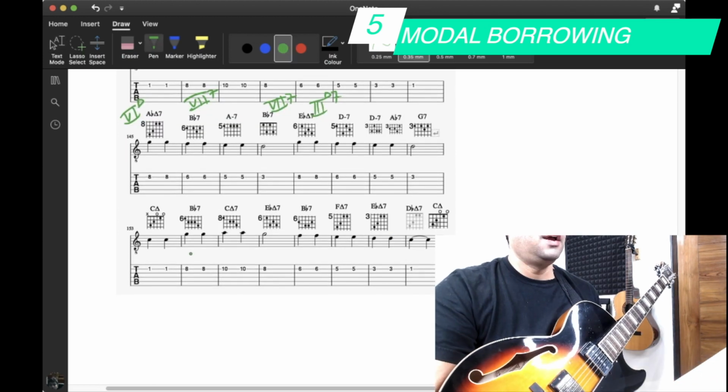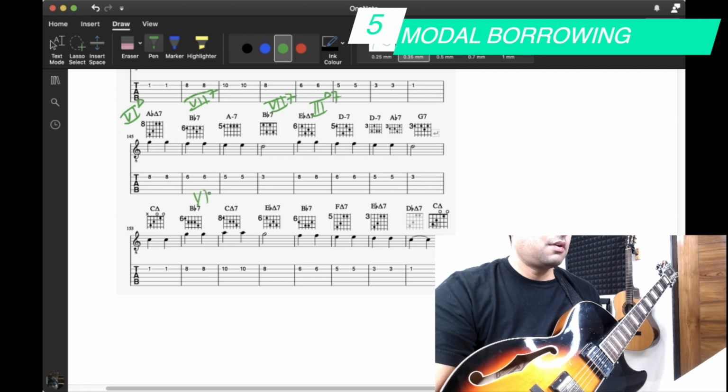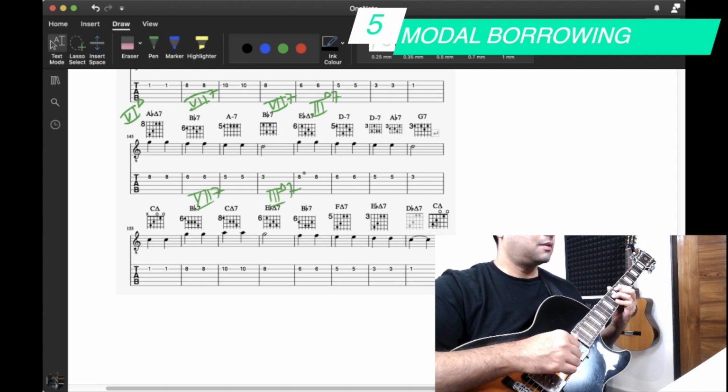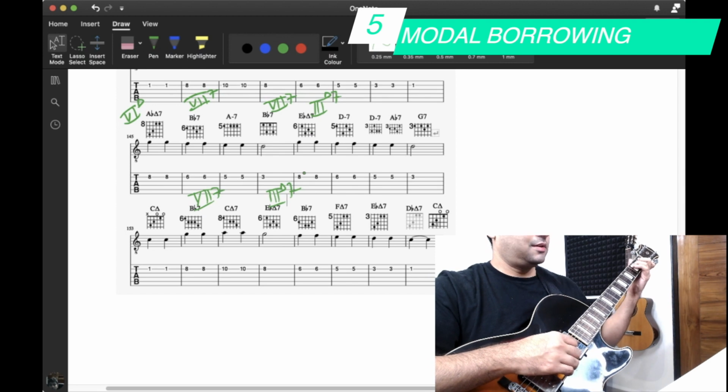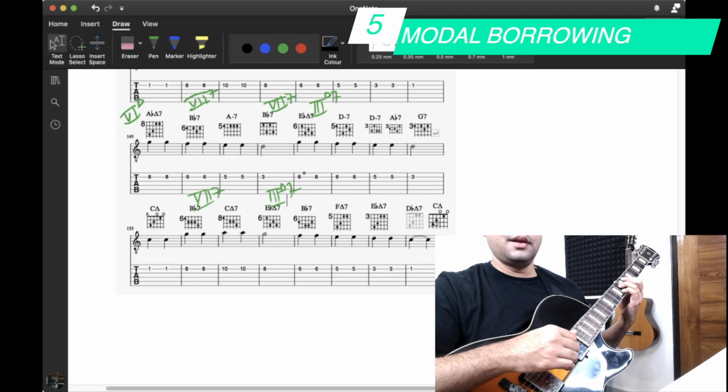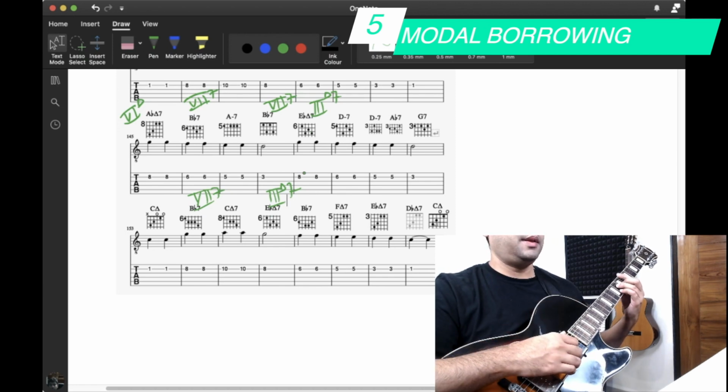Now let's go to the last line. Again, we have C major 7, then we have B flat 7, which is not in the key of C major. This, as we know, is a VII chord in the key of C minor. Here we have another E flat major, which is a III chord in the key of C minor. So the last line, instead of sounding like this, now sounds like this. Pretty cool, right? And the last 4 bars would be